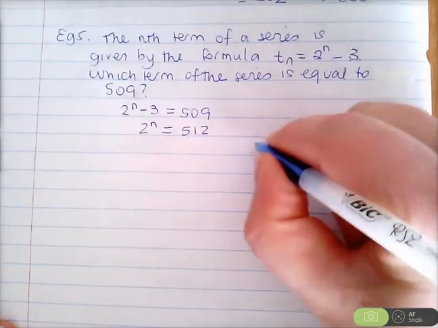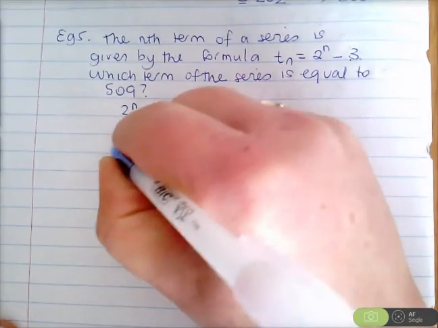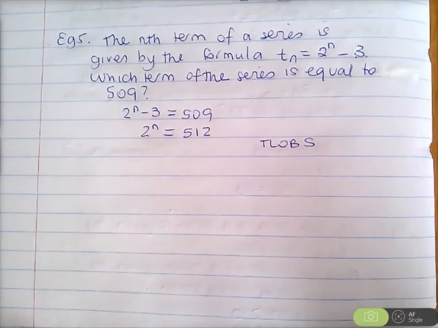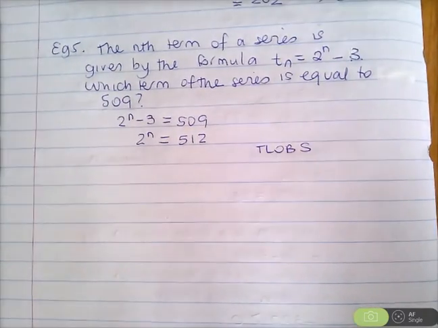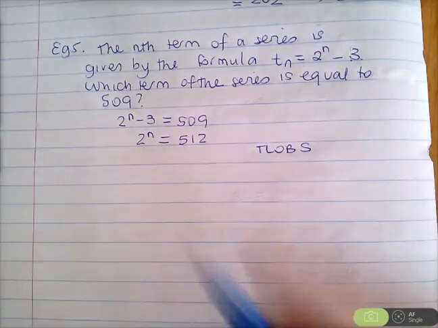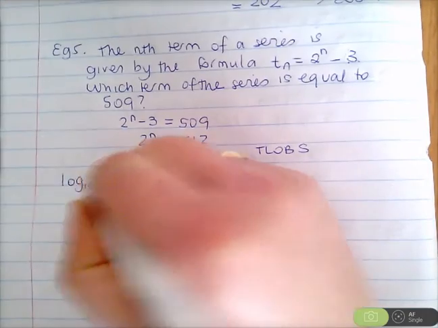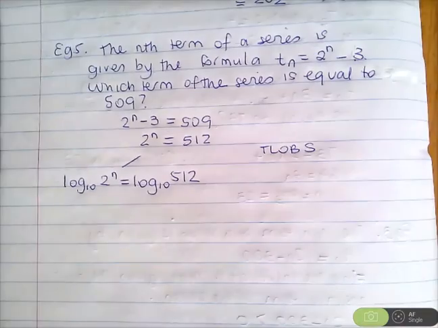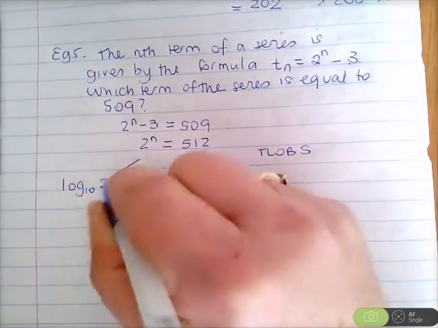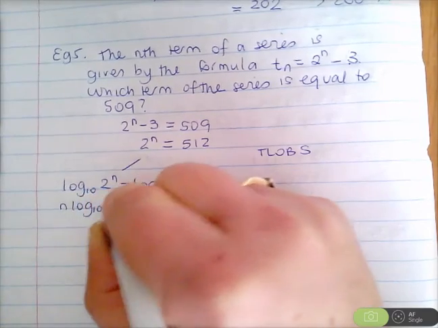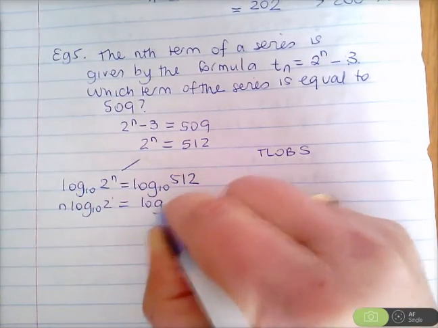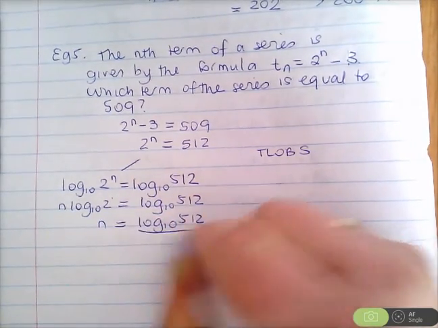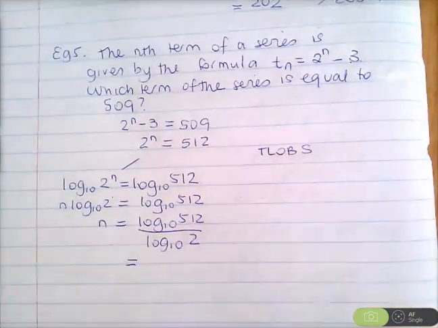Now, to be able to solve this, we need to take logs of both sides. You can either take log to the base e or log to the base 10 of both sides. So we could go log to the base 10 of 2 to the power of n equals log to the base 10 of 512. And using the log laws, n log to the base 10 of 2 equals log to the base 10 of 512. So n equals log to the base 10 of 512 over log to the base 10 of 2,